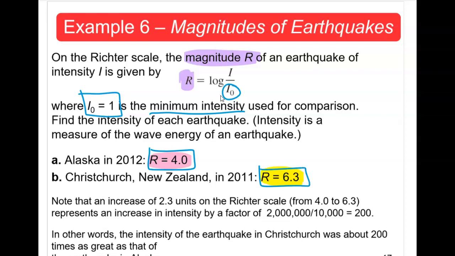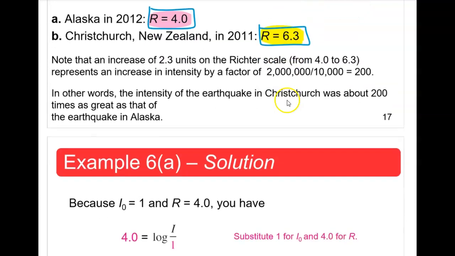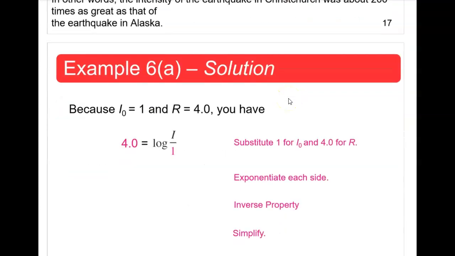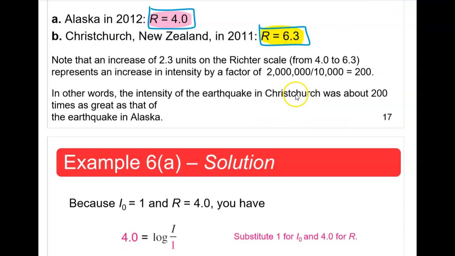So what we're going to be finding is capital I without the subscript. And what they are giving us is the scale. So if we substitute for the first earthquake, the one in Alaska,